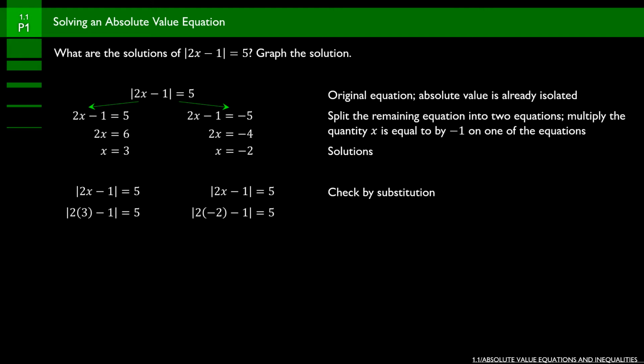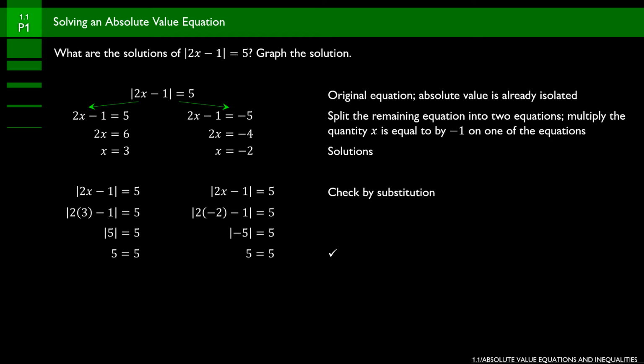And the absolute value of 2 times negative 2 minus 1 is equal to 5. Multiply inside of the absolute value signs, so 2 times 3 is 6, minus 1 is going to give us 5. 2 times negative 2 is negative 4, minus 1 is going to give us negative 5. The absolute value of 5 is 5. The absolute value of negative 5 is 5, and we know that 5 is in fact equal to 5, so